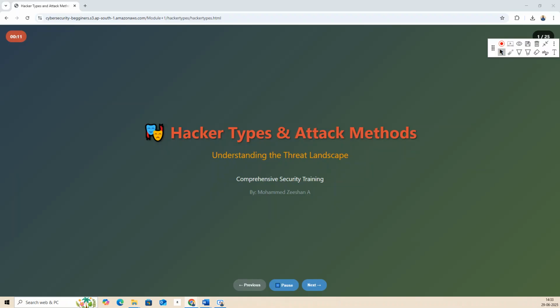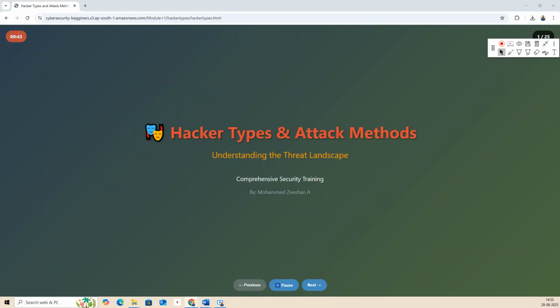Today's topic is all about hacker types and attack methods. Today we are going to pull back the curtain on the world of cybercrime and cyber warfare. We'll explore who these attackers are, what drives them, and most importantly, how they operate. By the end of today's session, you will understand the threat landscape in a completely new way. You will be able to identify different types of attackers, recognize their methods, and most critically, you know how to